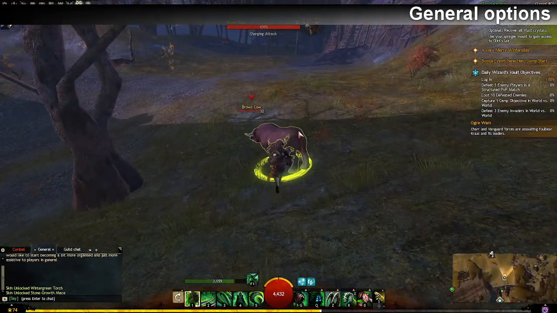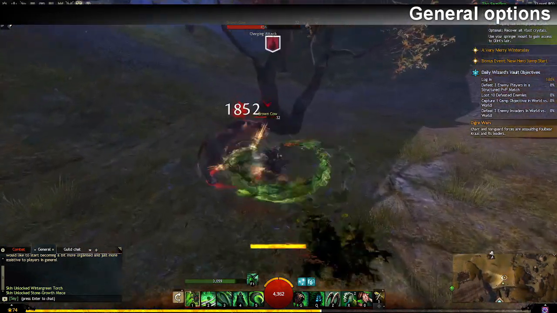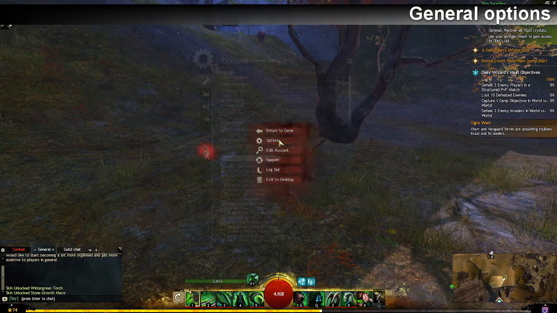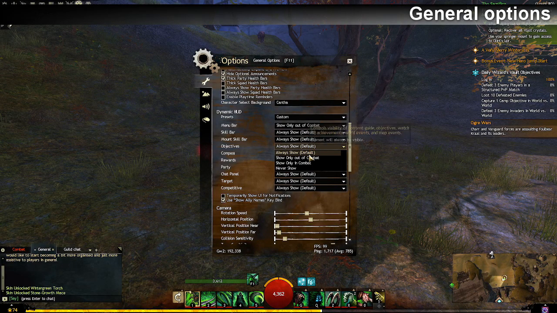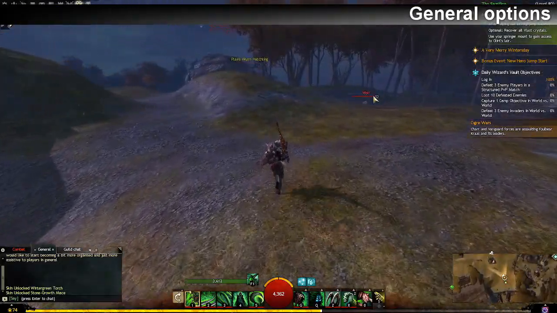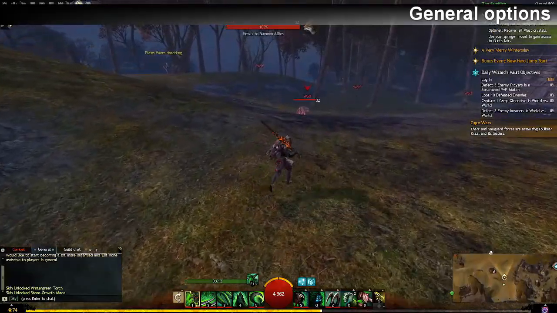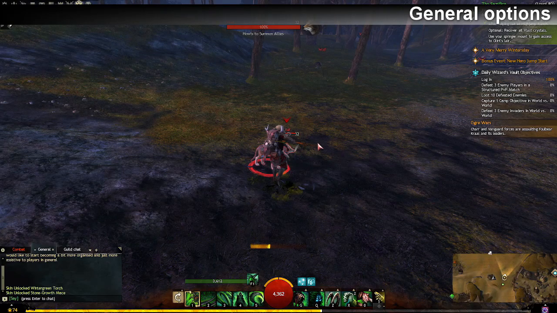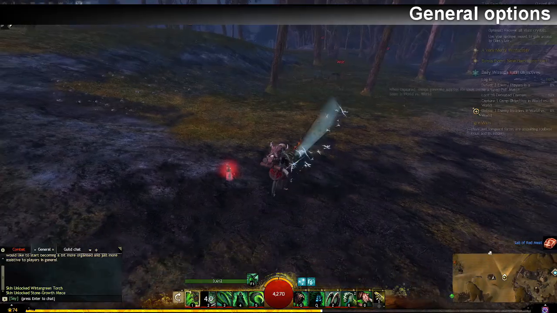So as you can see here, the moment I enter into combat, you can see that the menu bars begin to disappear. Of course, you can set more and more to move off. You can also have the objectives show only out of combat if you want, although this for me is not so important because when I look at the objectives, even when I am performing combat, I do like to know what is happening. So I wouldn't really overall suggest it,